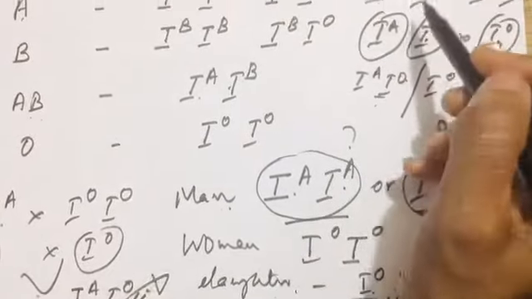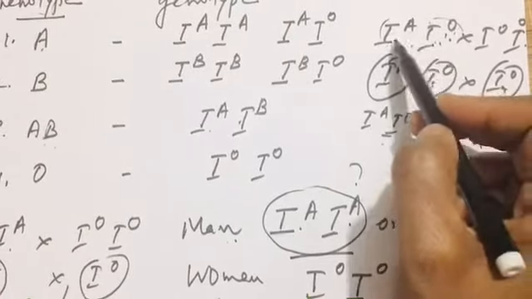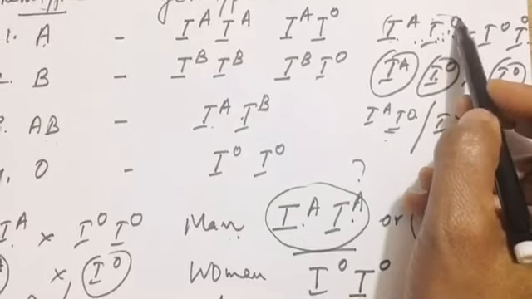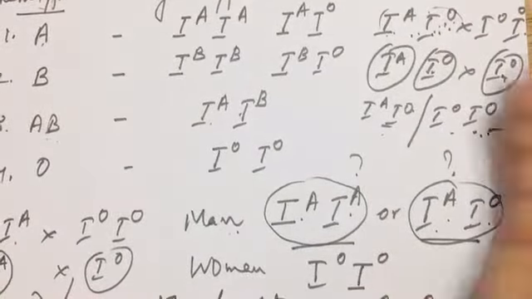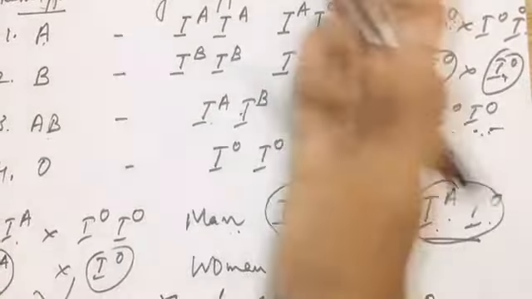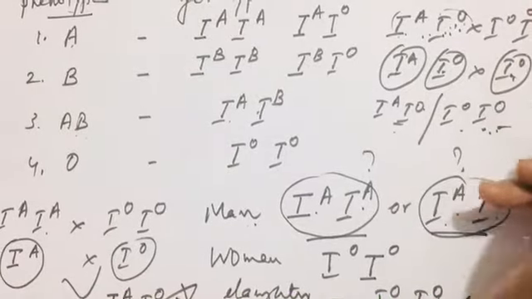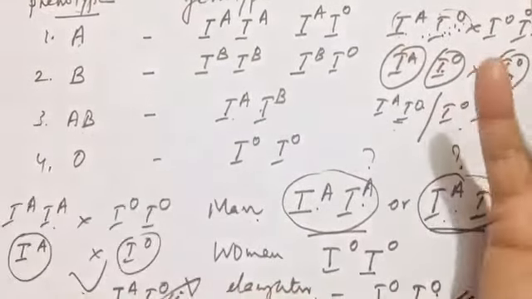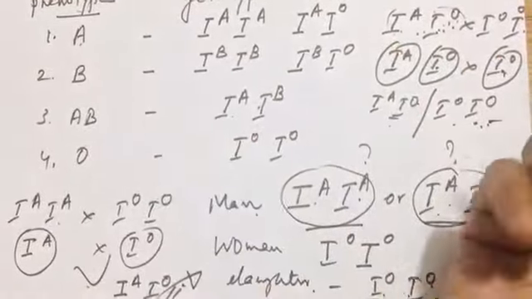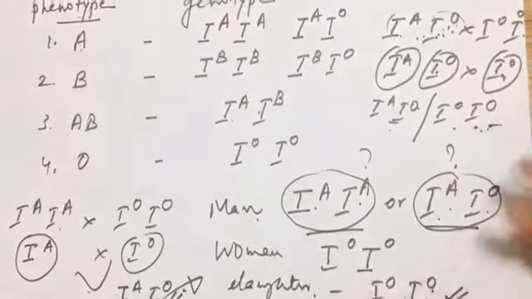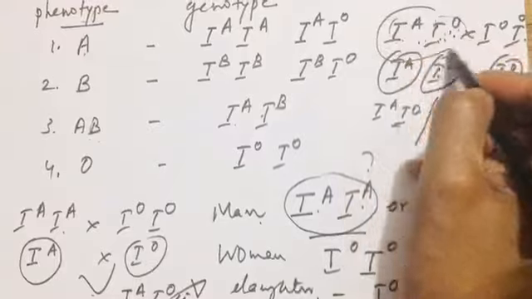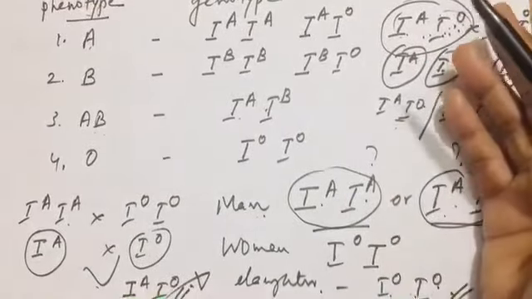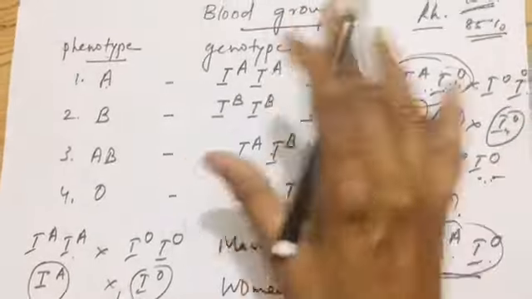So what is the genotype of the father? IA IO. You will be able to tell this only after doing all this work. Just by reading the question, the data given is not sufficient to tell you directly. So for that you should know the genotypes and work it out this way. Then only you will be able to say what the possible genotype of the father is, isn't it? I hope the thing is clear to you.